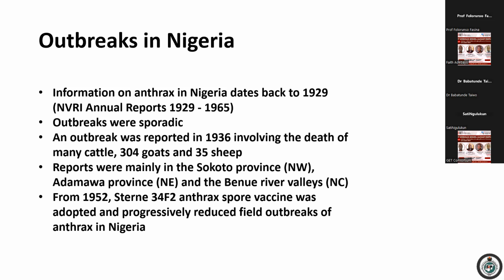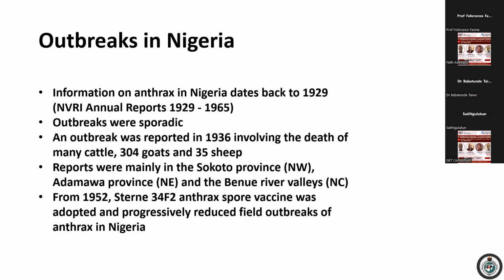An outbreak was reported in 1936 involving the death of many cattle, 304 goats, and 35 sheep. These reports were mainly in the Sokoto province, which is in northwestern Nigeria, the Adamawa province, which is now in the northeastern part of Nigeria, and then the Benue River valleys, which is in north-central Nigeria. Now, from 1952, with the introduction of the anthrax spore vaccine, the Sterne 34F2, which is the one that has been adopted in many countries of the world today,